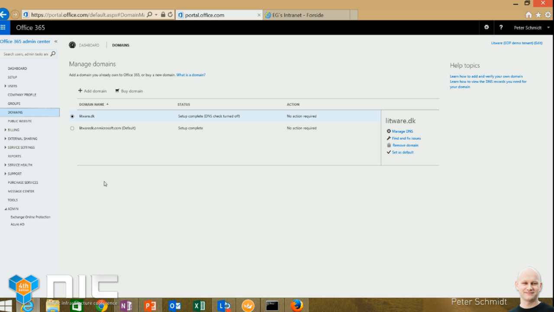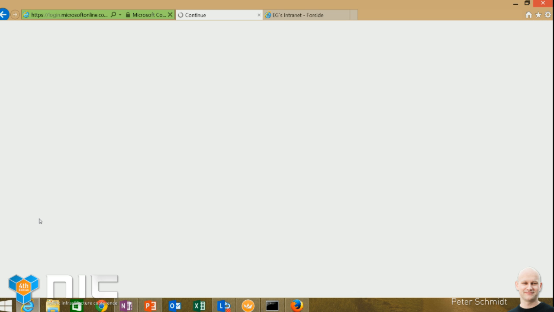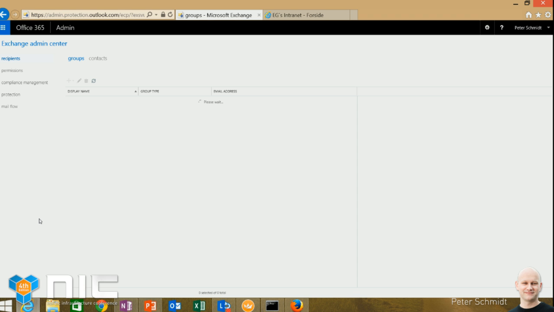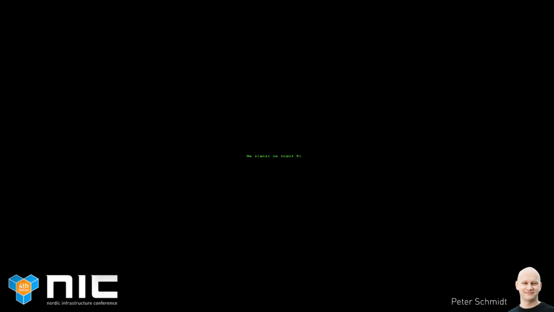What happens is that you log into a portal that will resemble what you see if you're running Office 365 or if you've seen Office 365 services. Depending on the services or the licenses available in the system, you get access to certain services. What I've got here is the online protection part, so I'll go into that. Those of you who know Exchange 2013, this might seem a bit familiar. See if the screen gets ready.